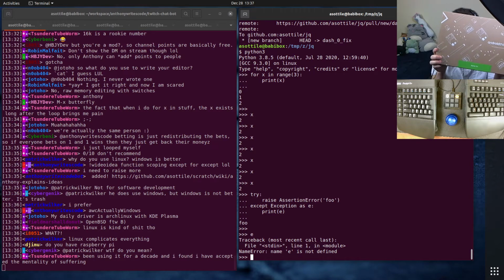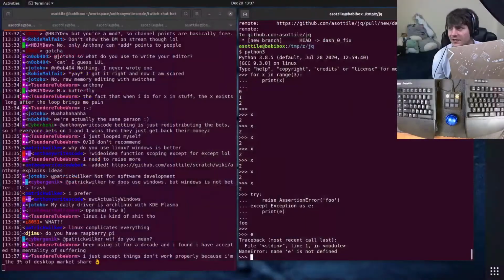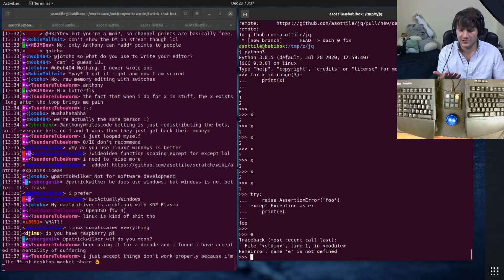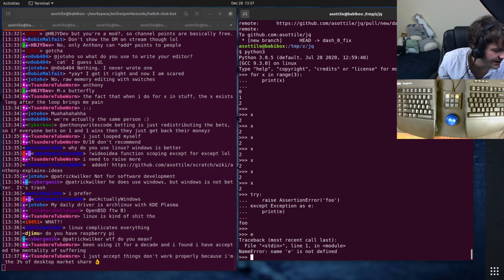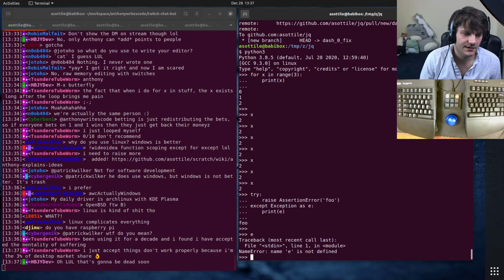So I have the Android Things dev kit, which was given out at some Google conference a long time ago. It's super dusty. Now there's a whole bunch of dust in my room. Ugh, that was a mistake. And in theory it runs. It runs an ARM chip on Android. I want to root it and put just Linux on it, but